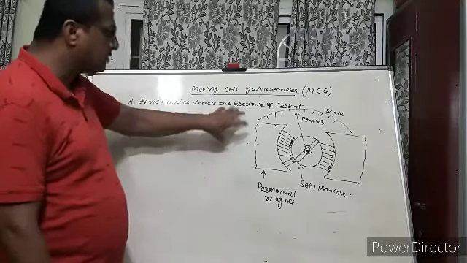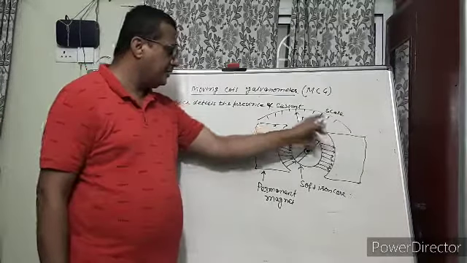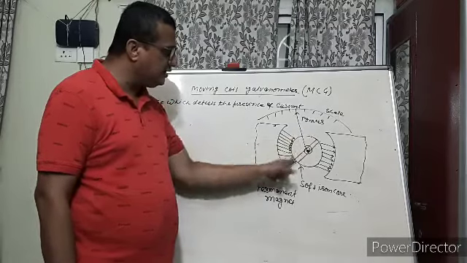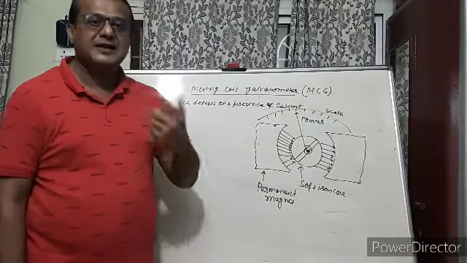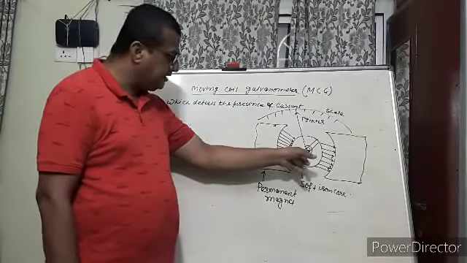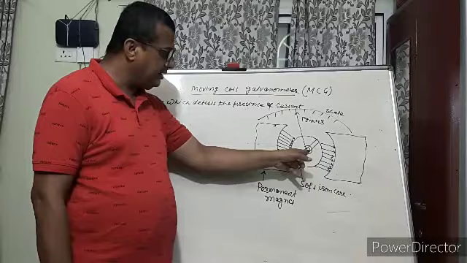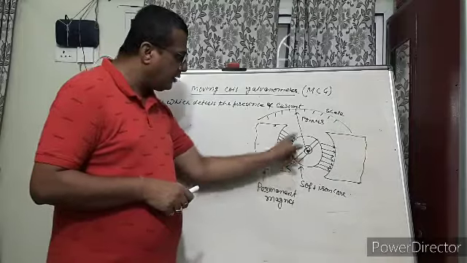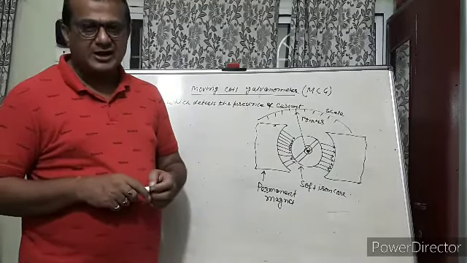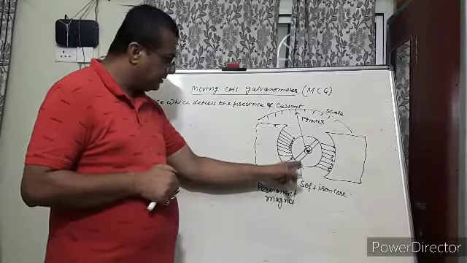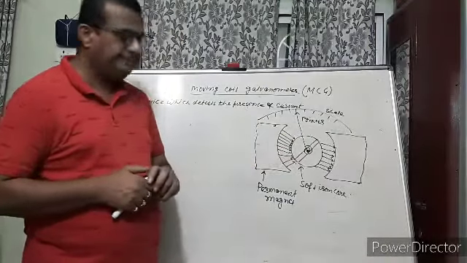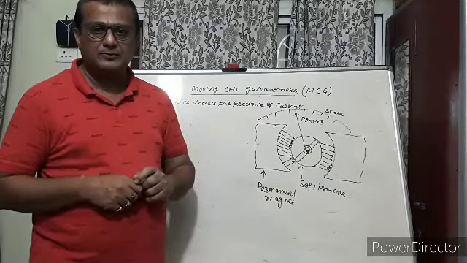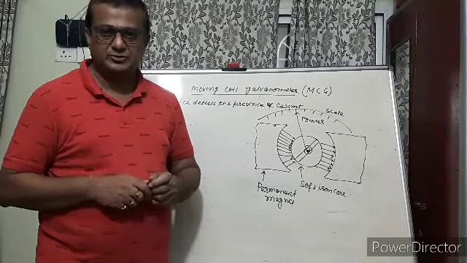Once more, first of all, the construction. This is the scale. This is the soft iron core, a cylindrical soft iron core where wires are wrapped. At the center there is a spring which is attached to the pointer. On the core, several turns of current carrying coil are wrapped. This is kept in between the permanent magnets. So perpendicular magnetic field lines fall on the core, due to which torque is produced.